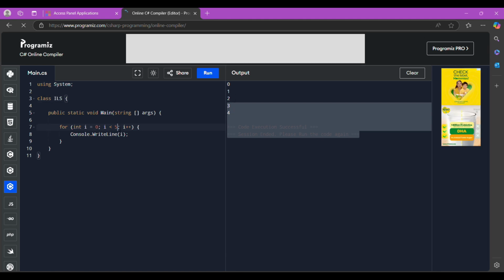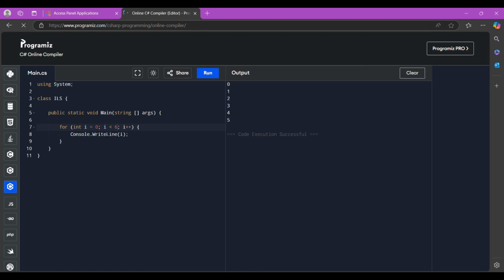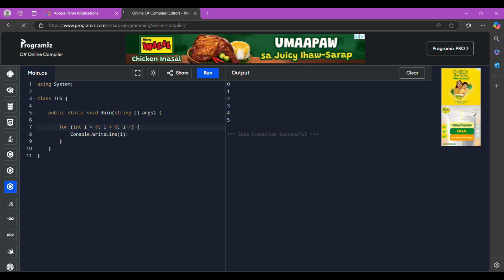We can change it to 6 so that it can reach number 5. So yeah, that's how this system works. Now we're done with this loop, with this for int statement that counts.